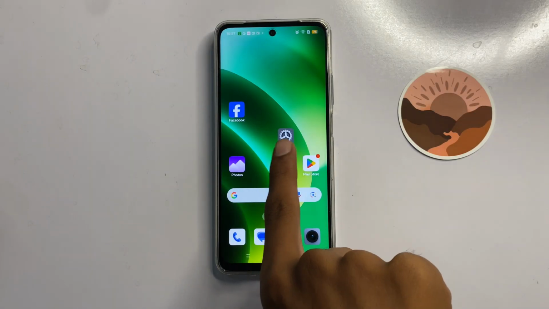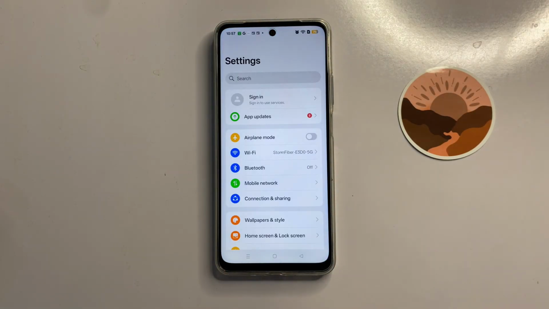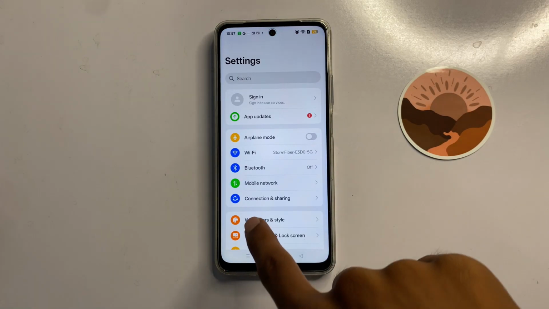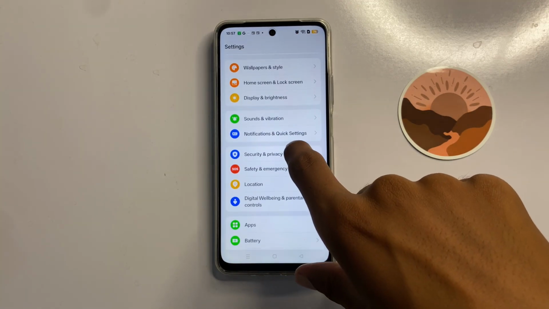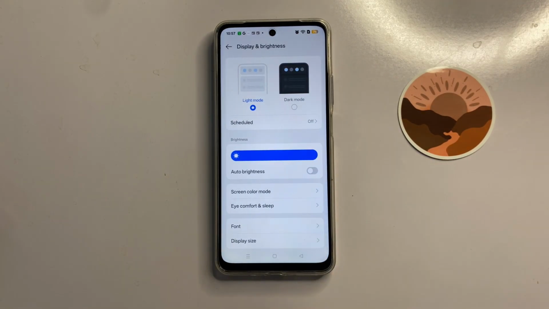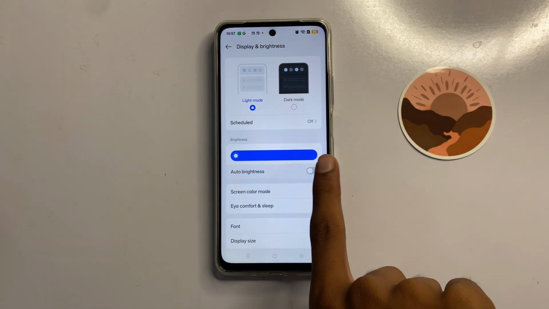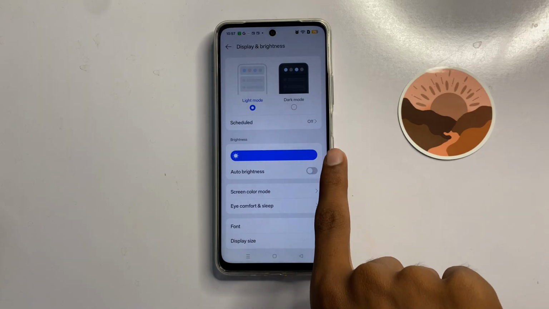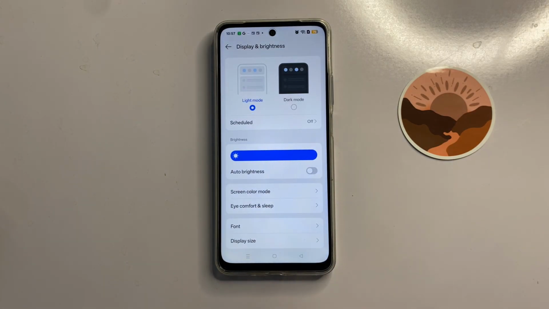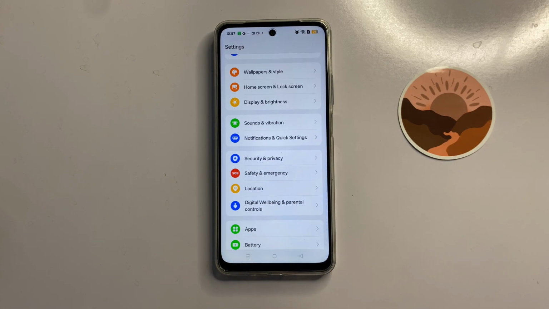First of all, open settings. In settings, scroll down and click on display and brightness, and then here you can check your auto brightness. If you turn on your auto brightness, then turn it off. After turning off your auto brightness, then go back and click on